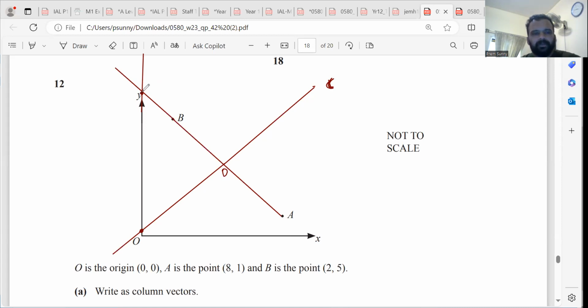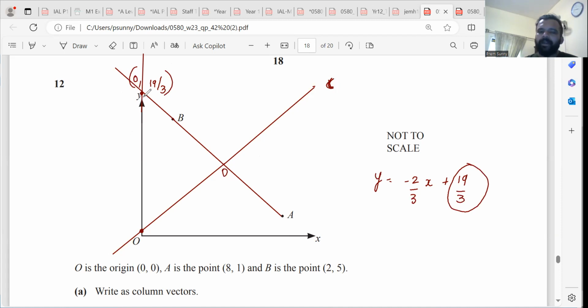So basically they are asking for the y-intercept of AB and the y-intercept of CD. Y-intercept of AB, what was the equation of AB? Equation of AB was minus 2 by 3x plus 19 by 3. So this is my y-intercept. Y-intercept means the point at which the line cuts the y-axis. So this is 19 by 3, and here 0 comma 19 by 3, because we know it is y-axis, x